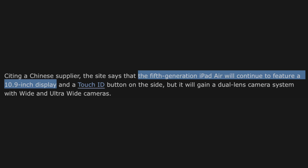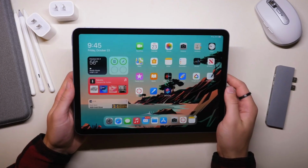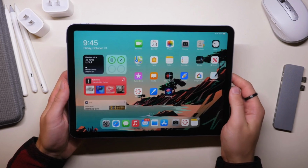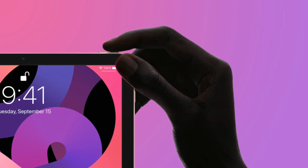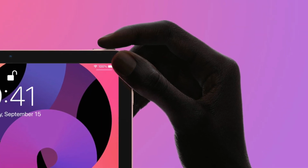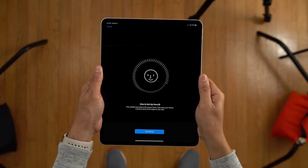Now regarding the display size, it's going to be 10.9 inches, much like this year's model, and by the way, I do want to ask, why do we have a 10.9 inch display on the iPad Air 4? Why can't it just be 11 inches like the iPad Pro? That's always puzzled me, but anyways, yes, we're going to see the weird 10.9 inch display on the iPad Air 5 too. And also Makatakara confirms that Touch ID is staying on the iPad Air 5, so Face ID will